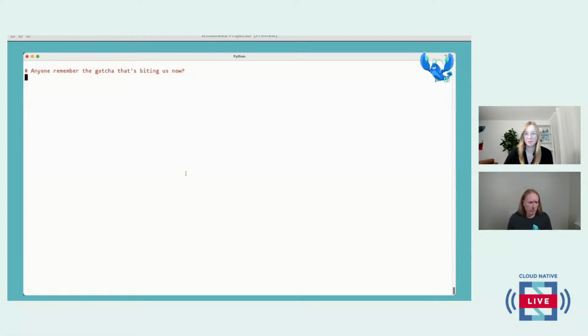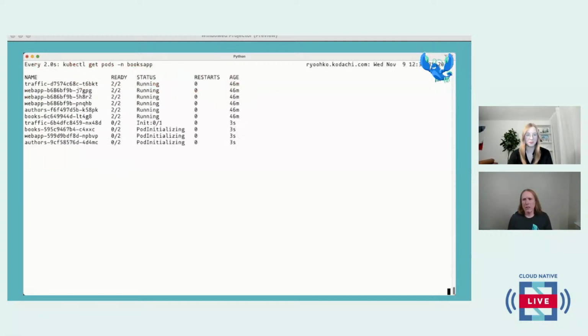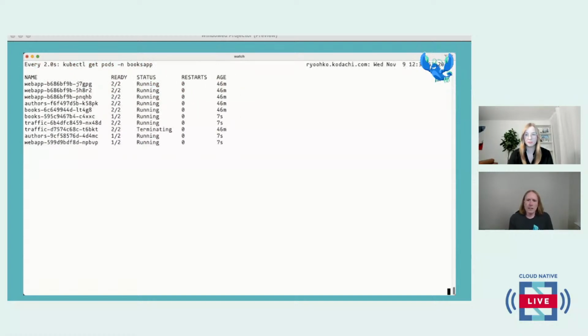We changed the default policy, and we didn't restart the pods, which was one of the things we listed earlier as a gotcha that causes lots of trouble. So we're going to go through and restart everything in the Books app right now. This is one of the frustrating bits because there's really no way to speed this up.